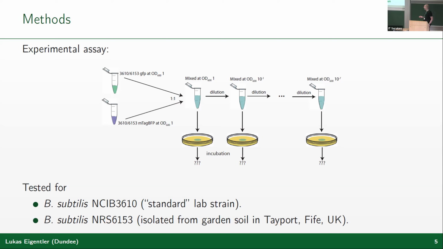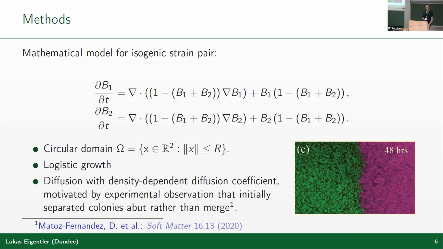But we also used a second strain, which we called 6153, which is a strain that we isolated a few years ago through a public engagement activity from a sample of garden soil in a small village very close to Dundee in Scotland. From a mathematical point of view, we used a PDE model, and it was really a phenomenological